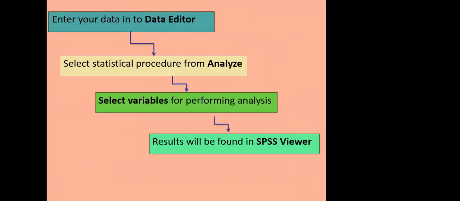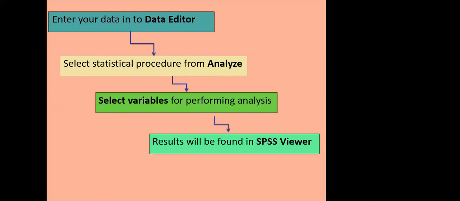Okay. So in order to make use of the SPSS software, what do you have to do? First, you have to enter your data into the data editor, the space meant for data entry in SPSS. Once you enter the data, you can start the analysis. There is a menu called Analyze. It will provide all the available menus. You can generate the frequency table, cross table, run the student t-test, chi-square test, parametric and non-parametric tests, univariate, bivariate and multivariate tests. All these are available.